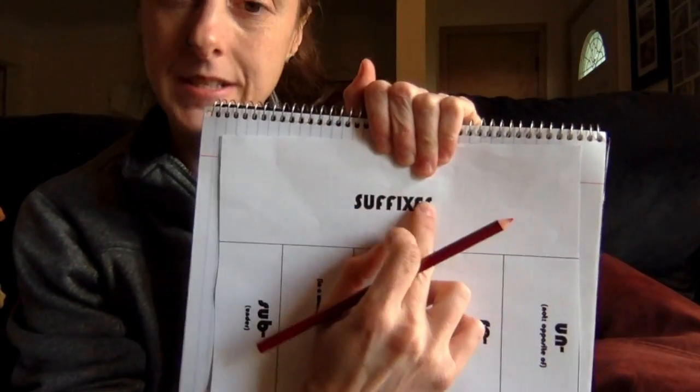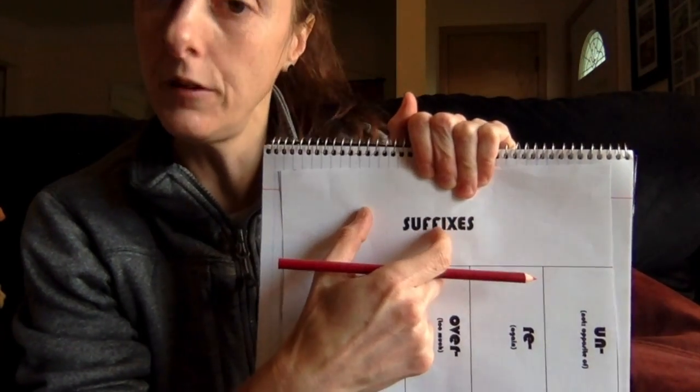Now, this paper that was given to us says suffixes, and from my understanding, suffixes are put onto the end of root words. And I always tell my kids they suffer because they're at the end all the time. So those are the suffixes. But then when I look at my journal itself,